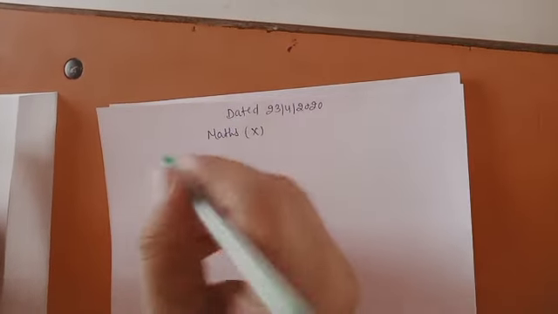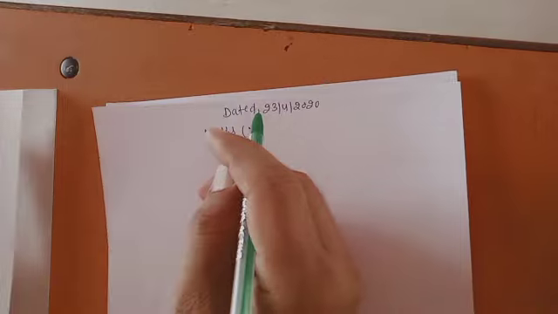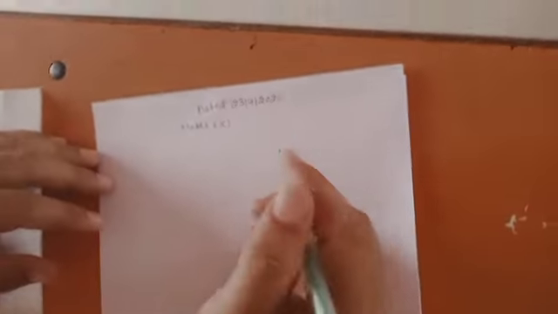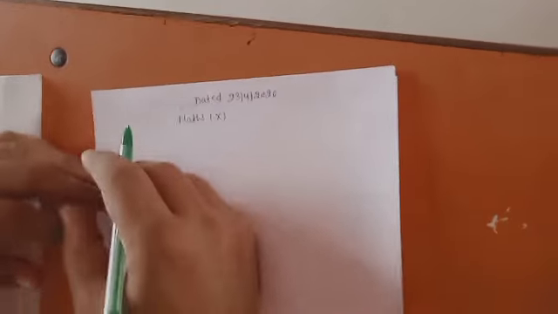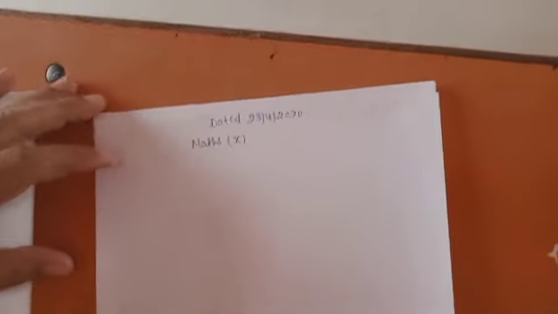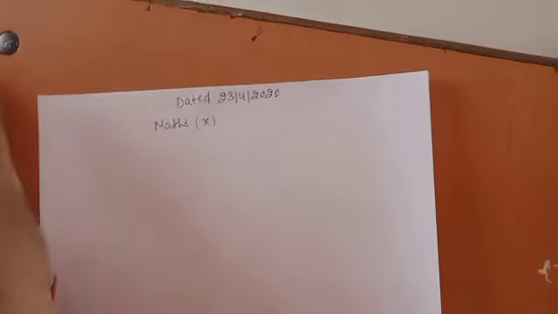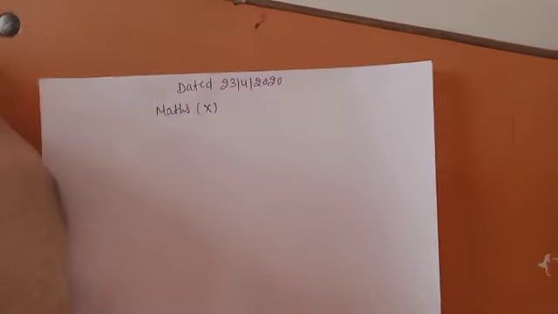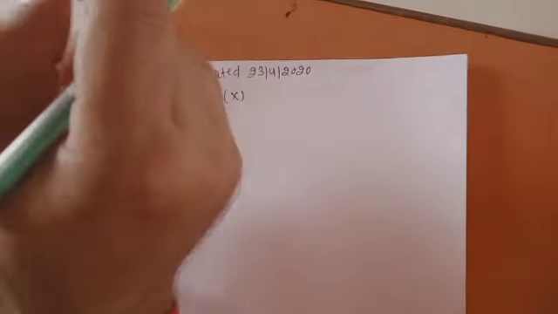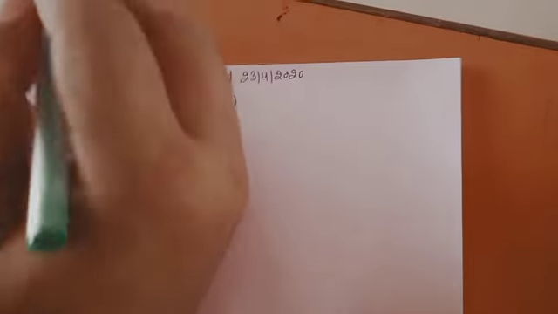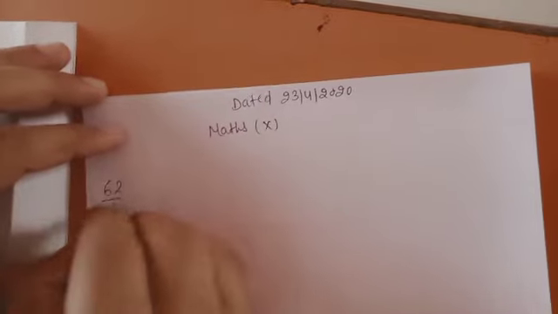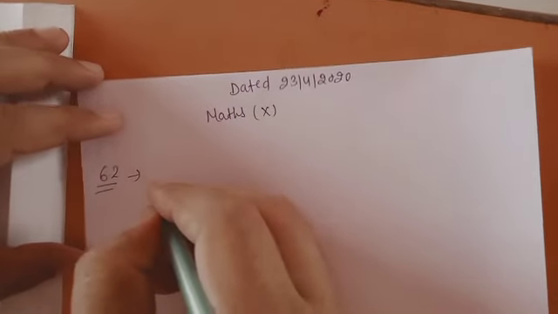Now what's its converse? Its converse is this: if a line divides any two sides of a triangle in the same ratio, then that line is parallel to the third side. This theorem we can do, and after that the examples given, questions given, all depend on what? These two theorems: this theorem 6.1 and its converse. So what's it saying? Theorem 6.2 in your book, which is the converse of what?